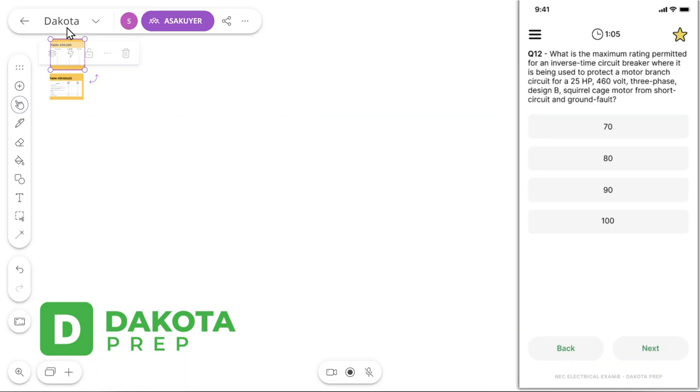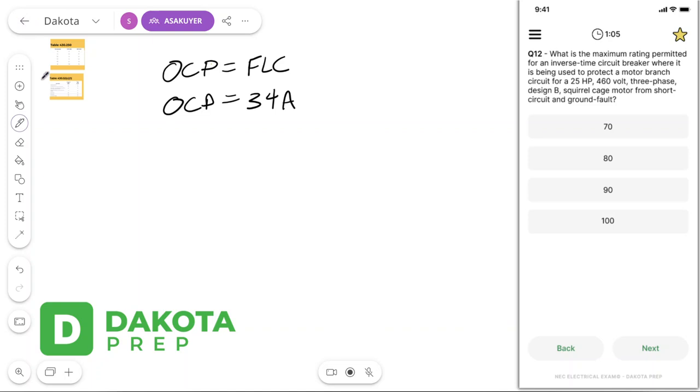So our overcurrent protection, we're just finding our answer here. Our full load current in this case is 34 amps. So now what we need to do is go to our short circuit ground